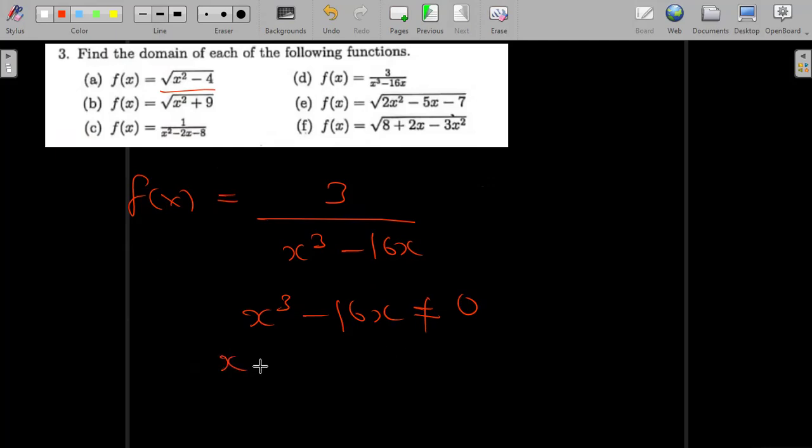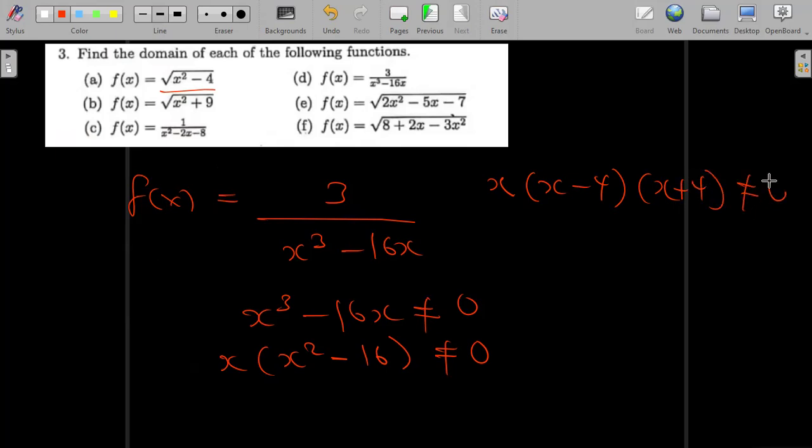I can factor out an x here, such that I remain with x squared minus 16, and this should not be equal to 0. Then I can further factor this by difference of two squares, and you see that you just have x minus 4 and also x plus 4. All of this should not be equal to 0. So what does this mean for us? This means that x can take up all values